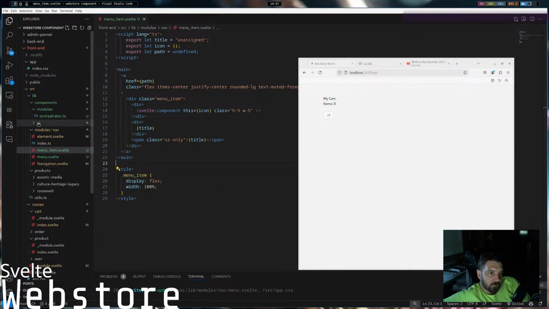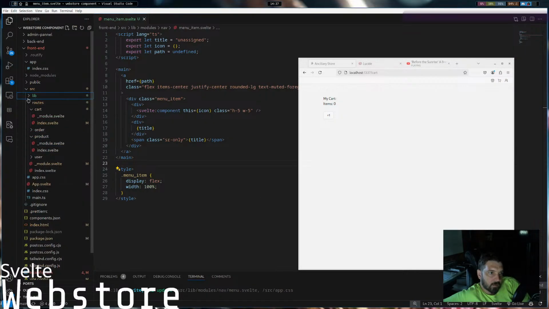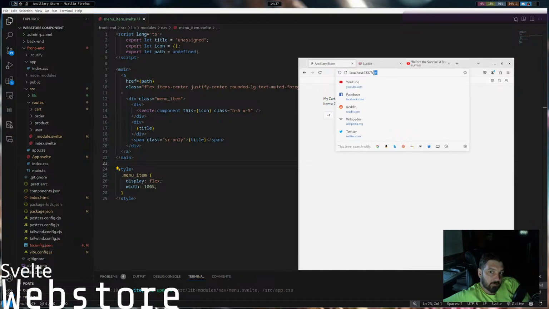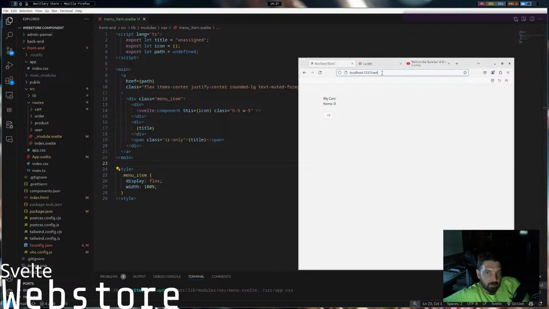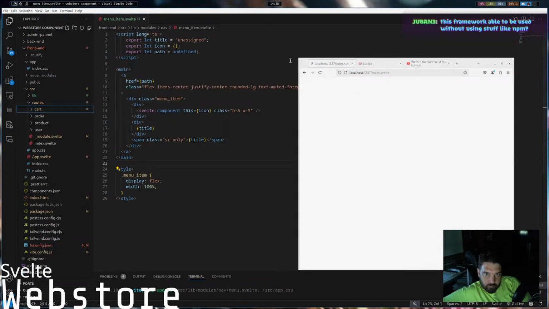So there's something else I really like about Svelte. It has a library called Routify, and so for my routing, my actual paths, all I have to do is add a folder into routes. I can even just add a page if I wanted to, like index.svelte. Well, there's nothing on the index, so